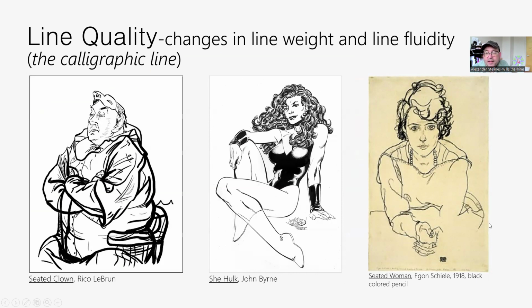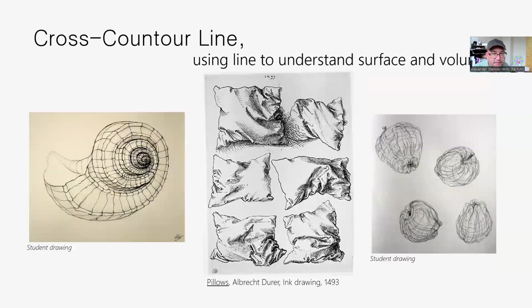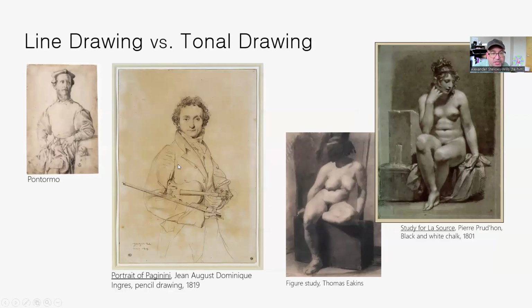Like here on the Sheila, the line is mostly very much the same, except a few tiny, really thin lines in places, and then really, really thick lines in a few places. Whereas it's much more of a fluid shifting going on like the John Byrne She-Hulk drawing. It's also a little bit more fluid on this Rico Lebrun, but the change in line weight is much more significant. But change in line weight can also be a change in pressure,